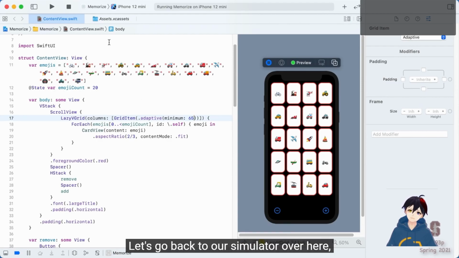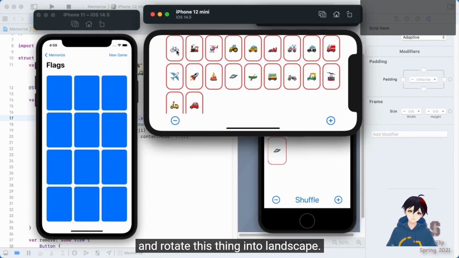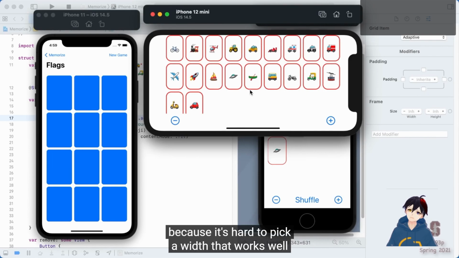What about landscape mode? Let's go back to our simulator over here and rotate this thing into landscape. Ooh, look at that. 1, 2, 3, 4, 5, 6, 7, 8, 9. So it puts 9 across. So we get 9, 18, 20. Just got our scroll view here, luckily, because it's hard to pick a width that works well in both portrait